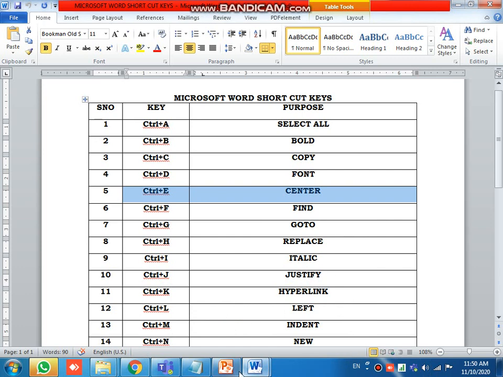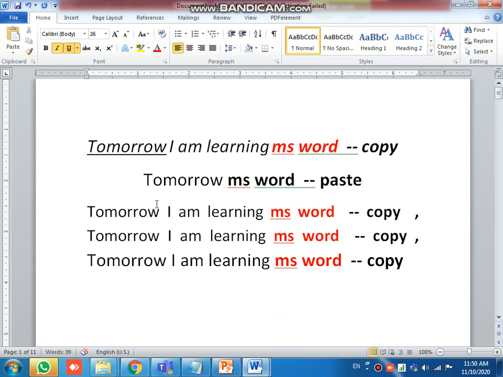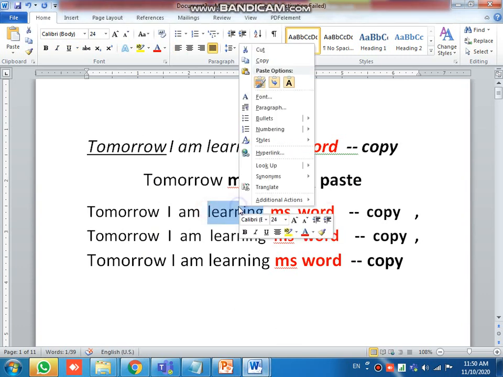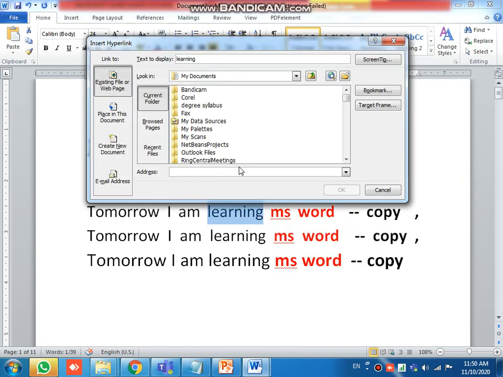Okay, hyperlink. Hyperlink means if you want to give a link. For example, if you click on learning here, it will open the website. Like this you can go. Here you type the address. I am not typing, I am just showing you, for example ex.com.